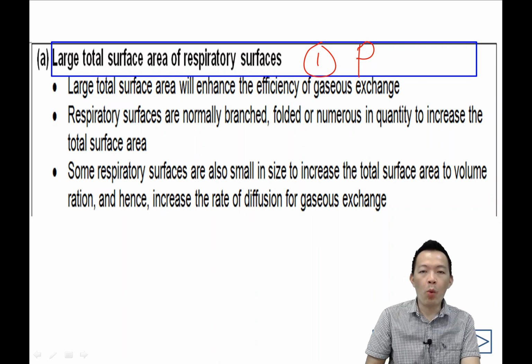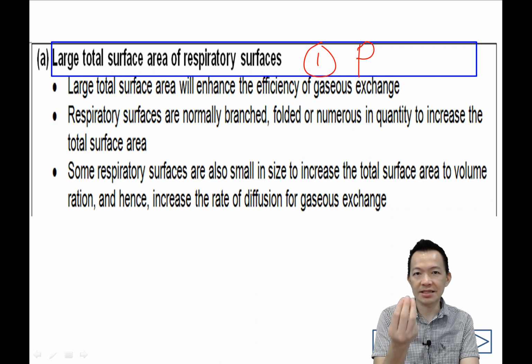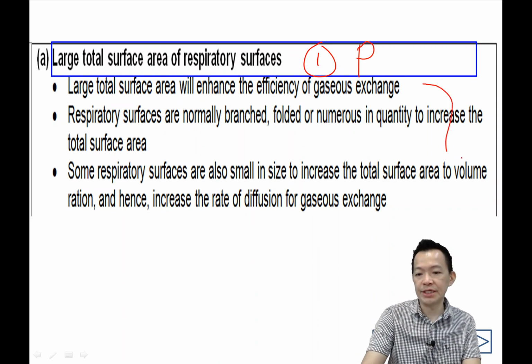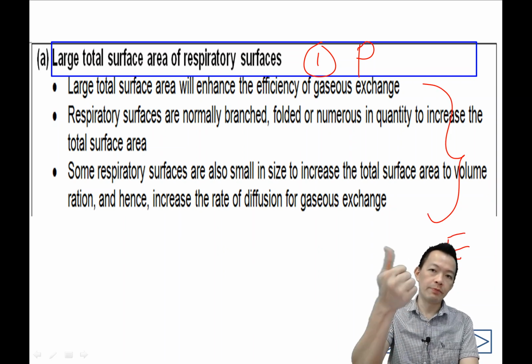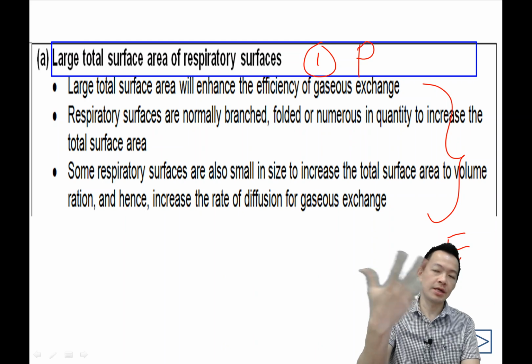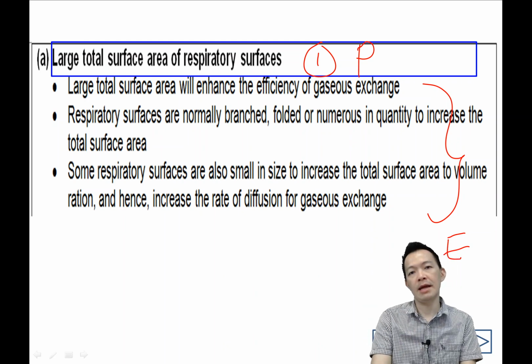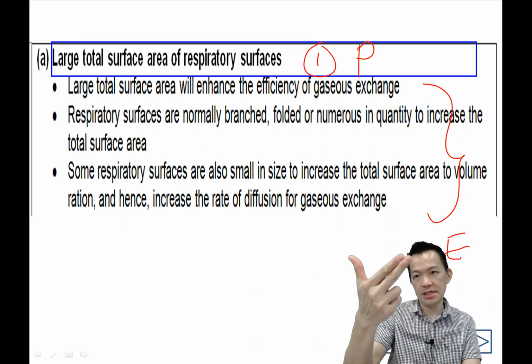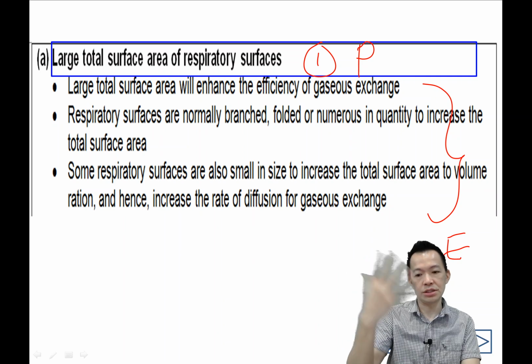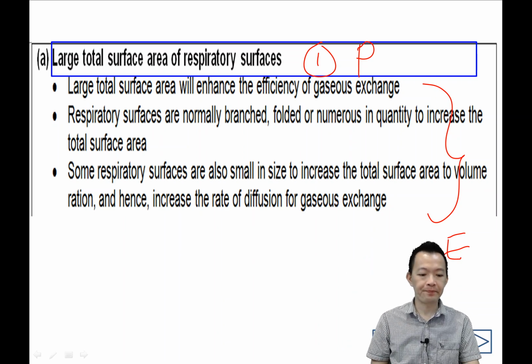Okay, but why do we need the large total surface area? 为什么我们需要这样大的表面来呼吸呢？Okay, and the others will become explanation, 这些下面呢都叫以 explanation 解释。So point and explanation, it can become 3 marks, 9 marks or 10 marks. So 一个 point 一些解释，一个 point 一些解释，你就拿到很多分了。